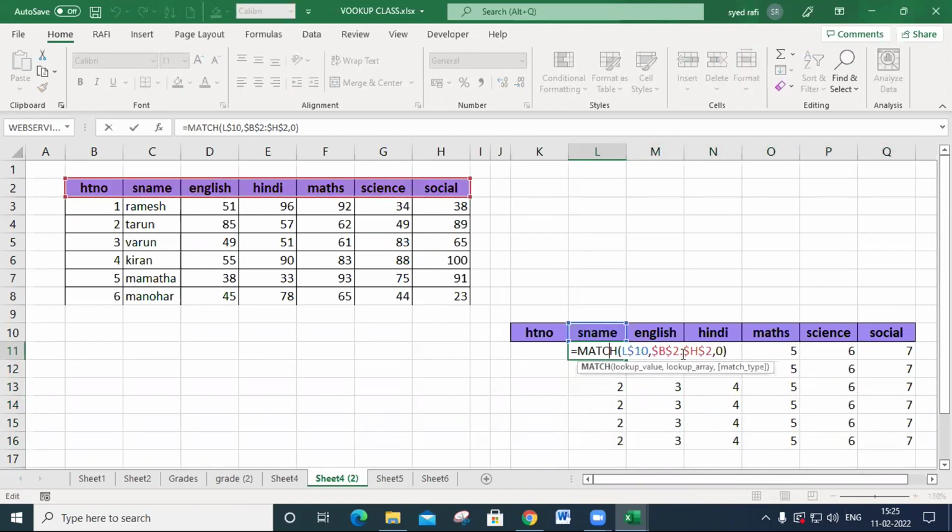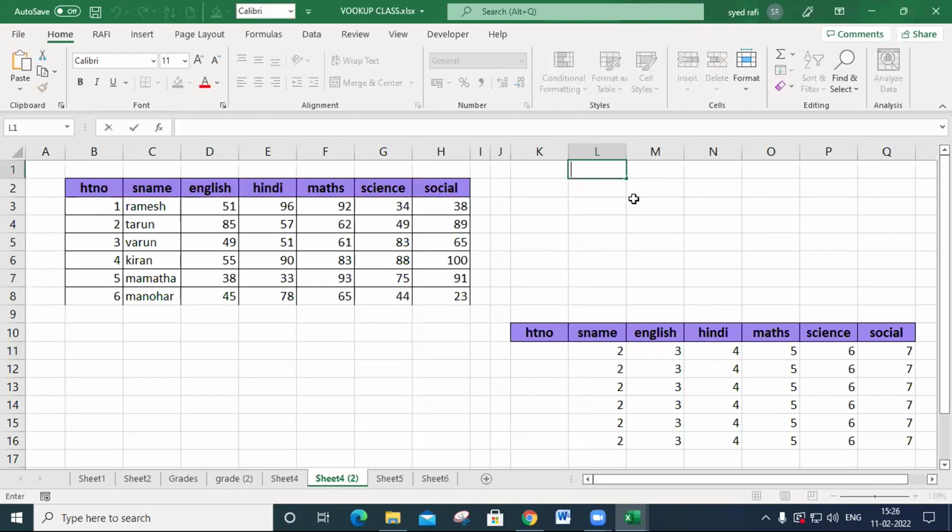So in match, you do one thing. In match, the first argument, the row, must be put with a $, and the database, the table array, the lookup array, must be made constant. So in match, you make constants. The first parameter row number is made constant, and the data source must be made constant. So this is the match. Now I combine both of these and make it one formula. Okay. So I copy this one.